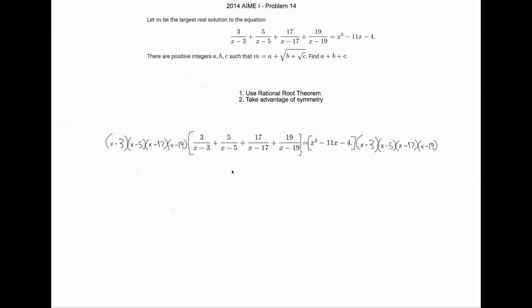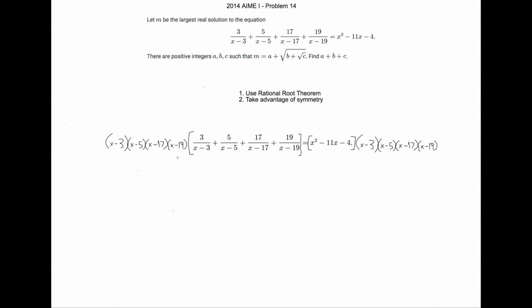So if we attempt to use rational root theorem, we will need to find the constant term, and we'll also need to find the leading coefficient. And because the only degree at maximum on this side is 3 because of the denominators being cleared, we have to look at this side where there's a degree 6 term, and clearly we can see the leading coefficient is 1, by x squared times x times x times x times x. However,